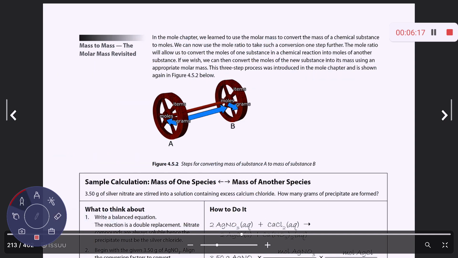Here they're showing you that if you've got grams of A, you can convert grams of A to moles of A by dividing by the molar mass. We can go over to moles of B by using the mole ratio or the coefficients. And then you can convert moles to grams of B by multiplying by the molar mass, okay? So I will write out the setup